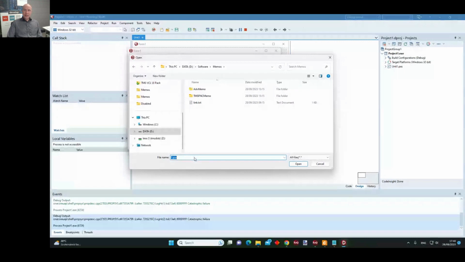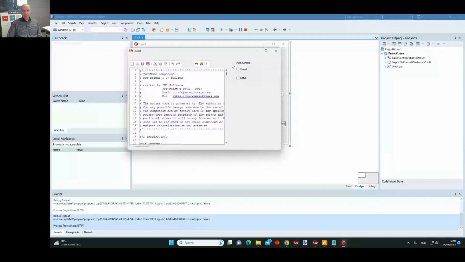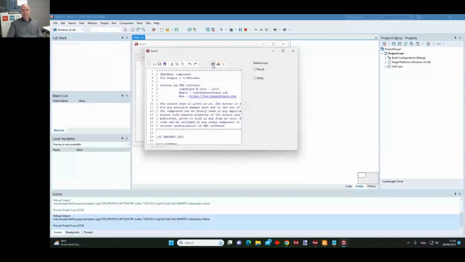And as you can see, I can immediately work with these toolbar buttons to perform also clipboard operations, undo and redo. That's also something we have not covered, but in the scope of 1 hour, it's a little bit too much. But also undo, redo, of course, are integrated in the memo, and also find and replace dialogues that is out of the box there to interact with this memo.